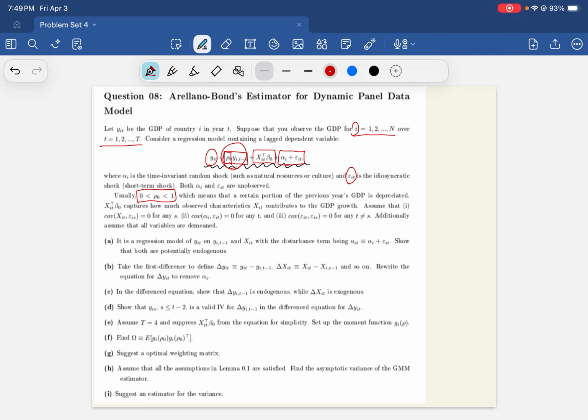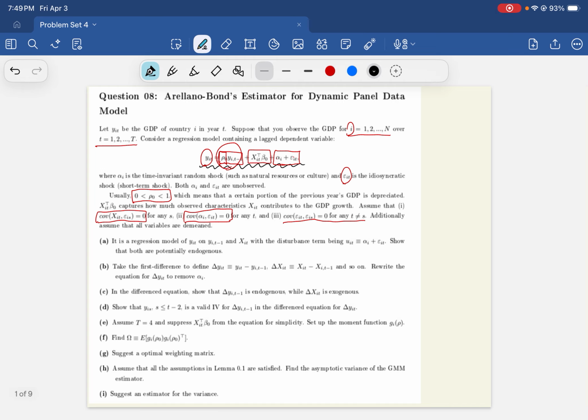You are going to learn that in time series. That is a huge research topic, a separate topic. We are going to assume really nice things, such as X is all exogenous. X does not cause much trouble, and those two error terms, alpha and epsilon, are uncorrelated, and epsilon is uncorrelated over time. So the previous year's random shock is uncorrelated with this year's random shock, and also for any past and future. Okay.